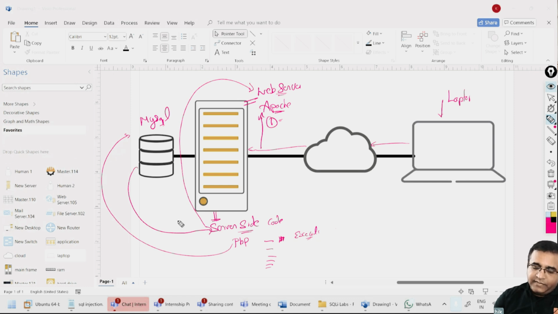PHP is going to take the data, convert it to an HTML format and send it to the Apache server. Now what I'm getting back is a pure HTML page on the browser that gets rendered and displayed, right? This is what is going to happen. So see here, I'm not talking about anything client side like JavaScript or Angular, nothing like that. Very basic application, very simple application. You don't have to think too much here.